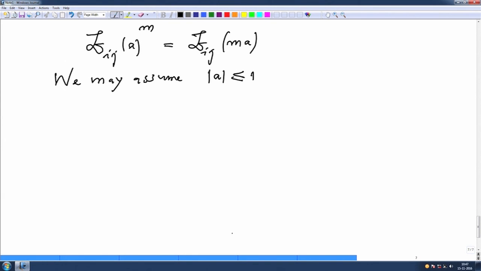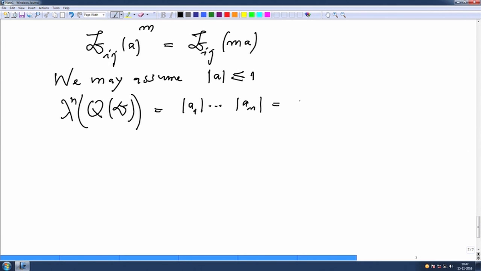Okay. And what is obvious is, if you have a diagonal matrix, what is the volume of QD? It will have volume mod a1 to mod an. This is like a cuboid, right. On the other hand, this is also nothing but the mod of the determinant of A. For a diagonal matrix, this assertion is trivial. Therefore, it is enough to prove the theorem for only one matrix.